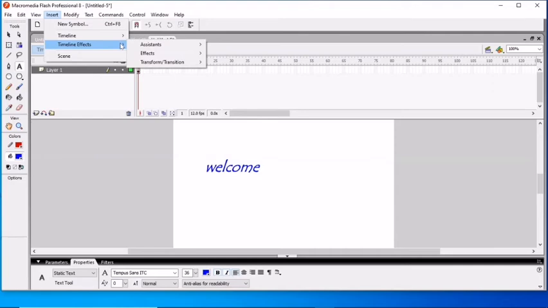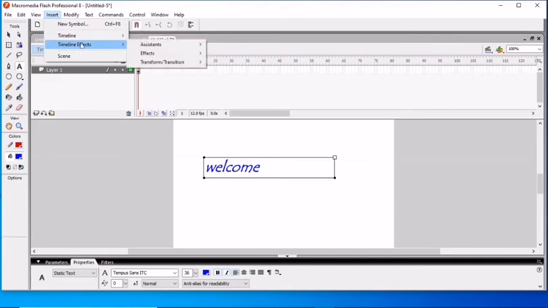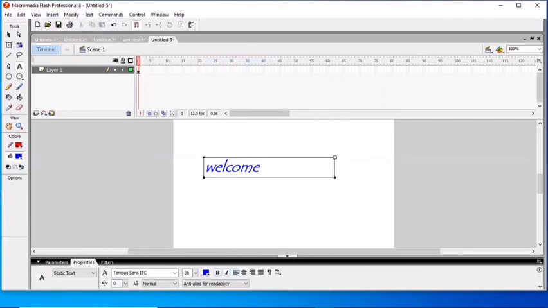So select Timeline Effects, and here you select Effects. I select this one first, go to the Insert tab, Timeline Effects and Effects. Whichever you want, like blur or drop shadow or expand, any you select will be applied.